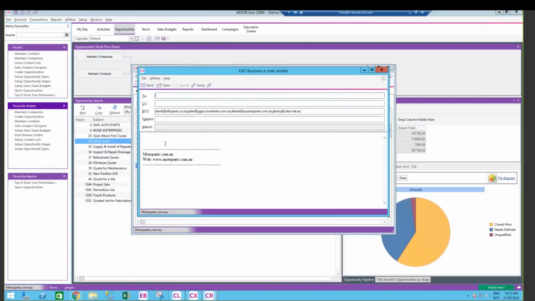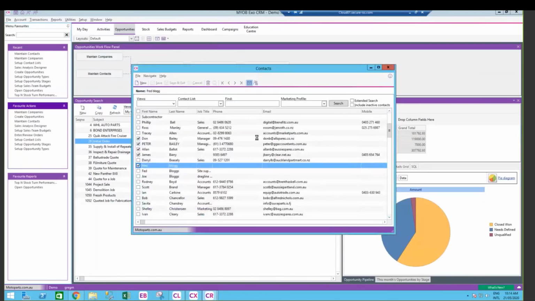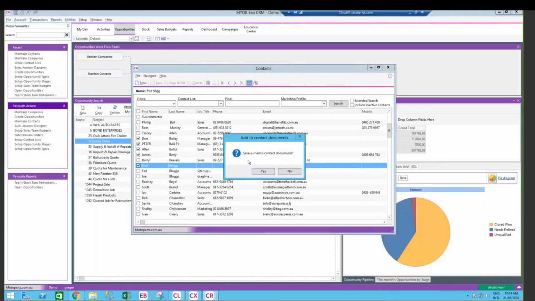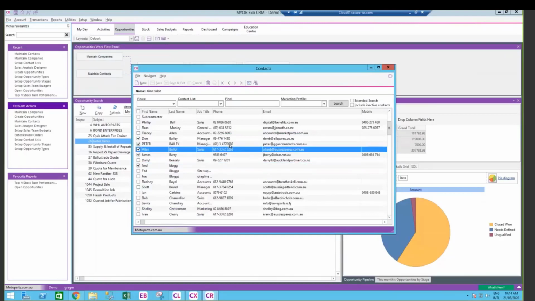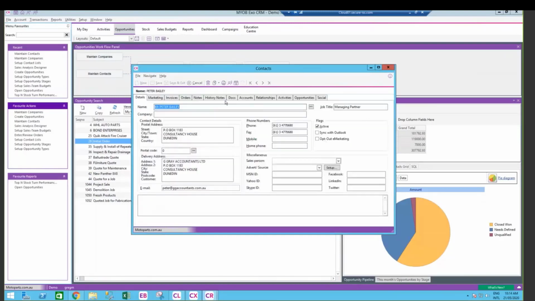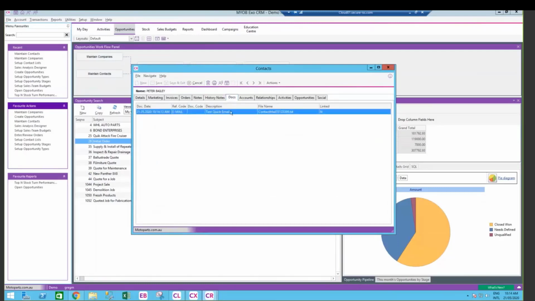And it will then prompt you, do you want to save a copy of that into the Documents tab of each contact? So this is a test for a quick email. You'll then be prompted, do you want to save that to the contact documents? If you say yes, then if we go back and open Peter Bailey and look at the documents,